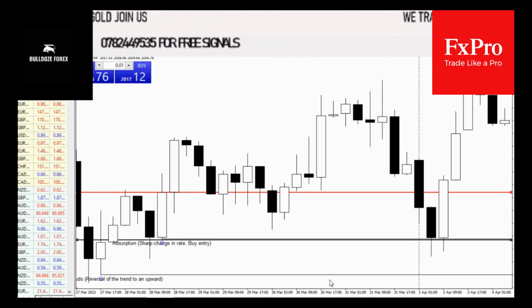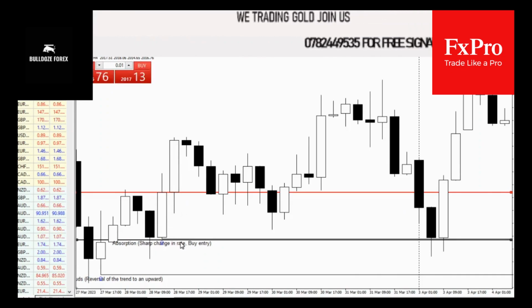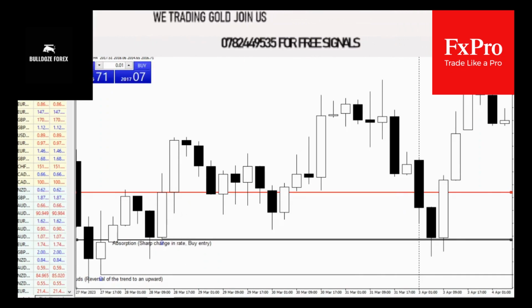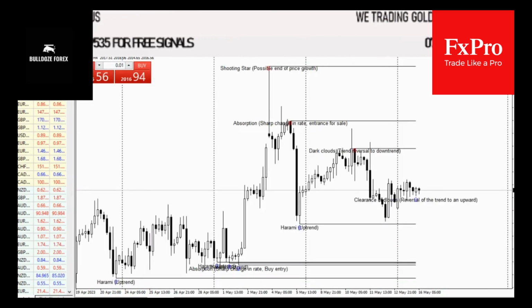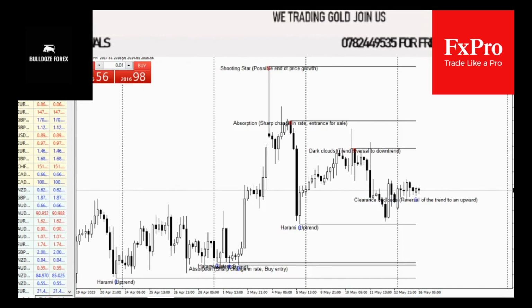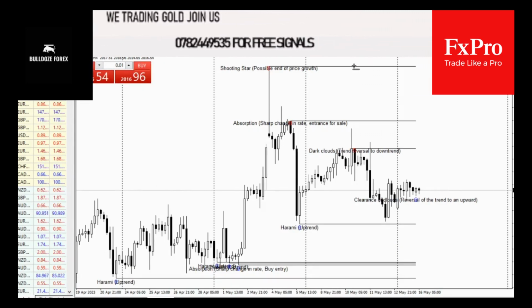But nothing happened. No candle was able to do that, and the signal still stayed active, and the market chose to do what? It chose to go up like it did. So likewise with the sells too. Okay, now look at this. With this sell here with the shooting star,